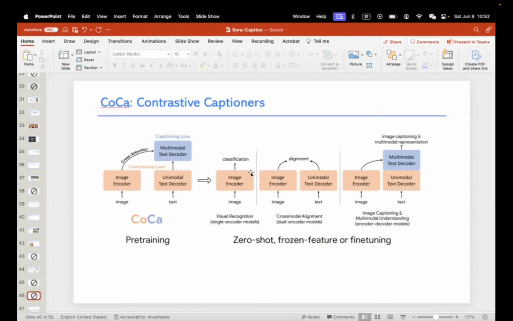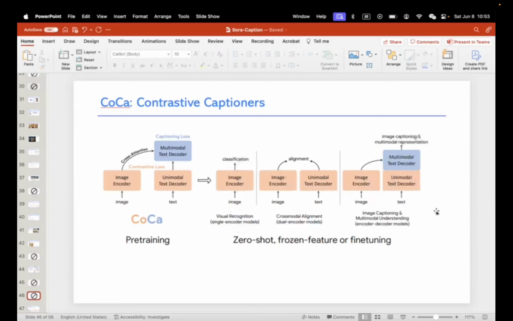For example, we can use the image encoder to do a recognition task, which is classification. We can use the image encoder and unimodal text decoder to align the image embedding and the text embedding in the same space. And we can also use the whole system to do image captioning and multimodal representation.